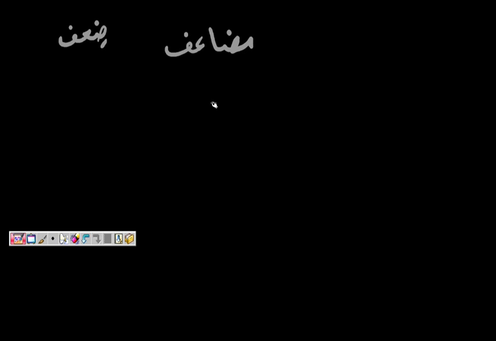Okay, so if you see the word madda, how many letters are there in that word? 3. You might be tempted to say that there's 2 letters, right? Because your eyes see 2 letters and your eyes generally don't lie, but sometimes your eyes do lie. There are 3 letters. Mim, dal, what's the 3rd letter? Dal, right? Madda is the same as saying mad, da. But we write those 2 as 1.